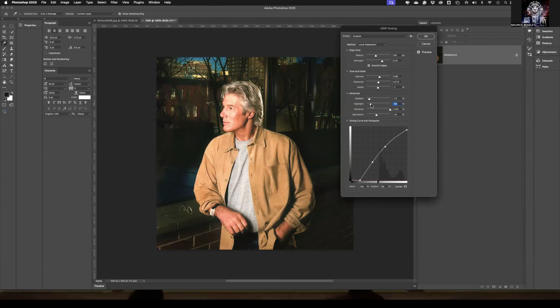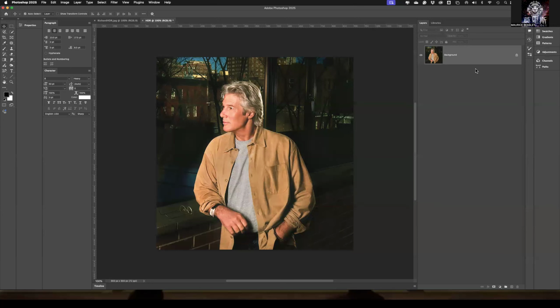Making the highlights tone down a little bit because I don't like how crazy it is going in his face. Right. So now I could play with this, get this to what I want. I hit OK. This is permanently applied directly to this layer because I can't do anything past this. However, there is one extra thing that I can do once I apply this HDR toning to this layer. I can transfer this layer over to the original file. So that's the reason why I made it as a duplicate image, because now